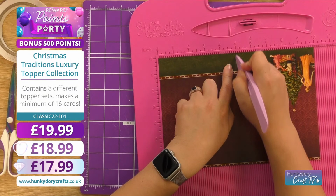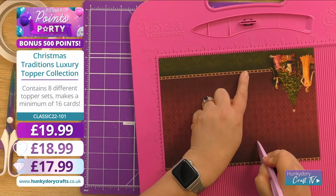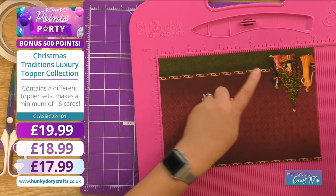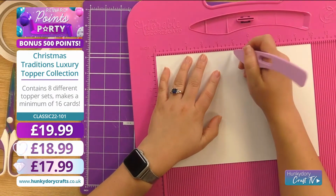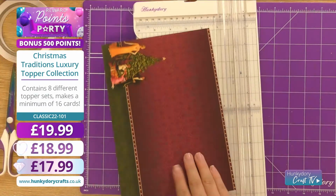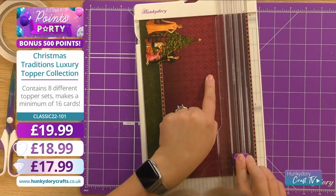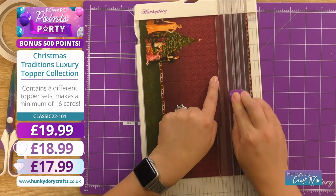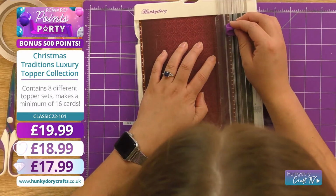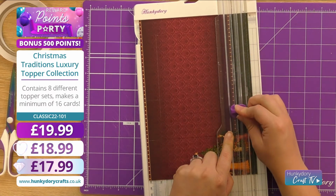We're going to go 5 at the top, and then we're going to do 6 again between the 1 and the 6. And then we're going to go all the way across at 7.5. So I'm getting quite a lot of that detail in still. Then I'm going to just flip that over, put another little mark in at 5, and then we're going to bring our trimmer back in, because we are going to now line this up with the 1 and cut between that first score line and our last set sort of center score. So let's just flip that over again, and we'll repeat that process. So just from the 1 inch mark all the way down to the 6,